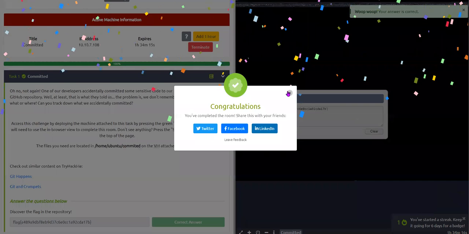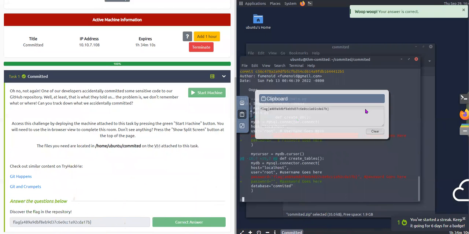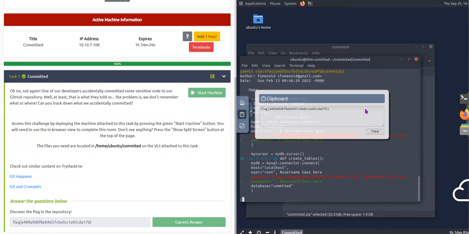Okay, I've seen some walkthroughs using a special tool which extracts all the GitHub commits for all the branches, and then searching for the flag using a find or grep command. But this also works, though probably what we did here may not be very practical if you have a large number of commits. So it may be a better decision to use one of those tools available on GitHub